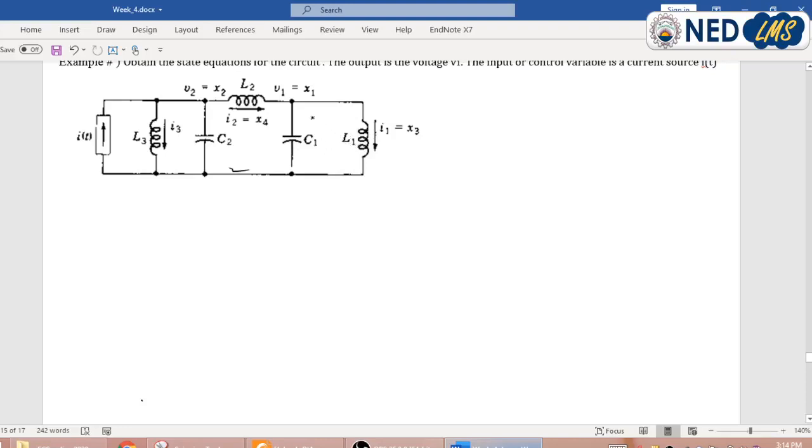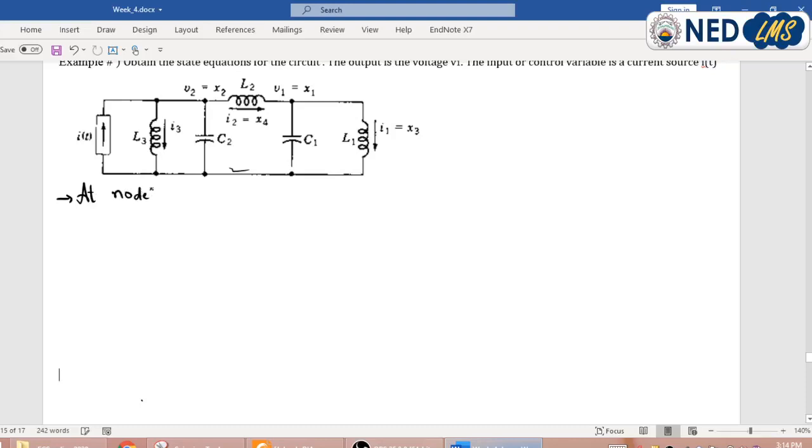C1, L1 are in parallel, so this voltage will remain the same. That is VC1 is equal to VL1. Similarly, VL3 is equal to VC2 as these two elements are in parallel. So first of all, we have to form the equations for different nodes of voltages and currents using KCL and KVL. So at node x1, I will write